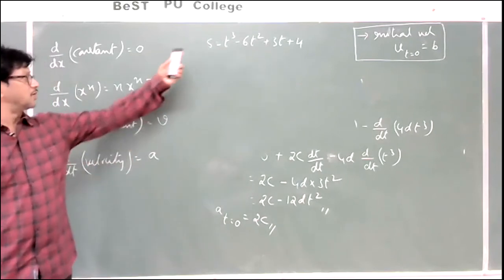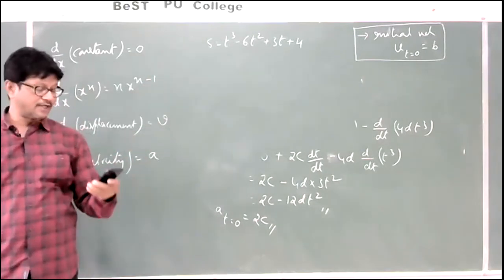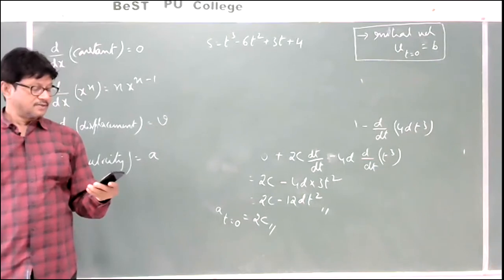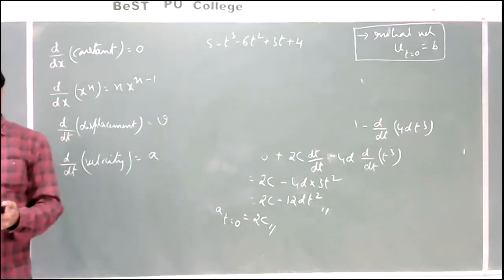So the displacement of the particle is varying like this. Full stop. The velocity of the particle,